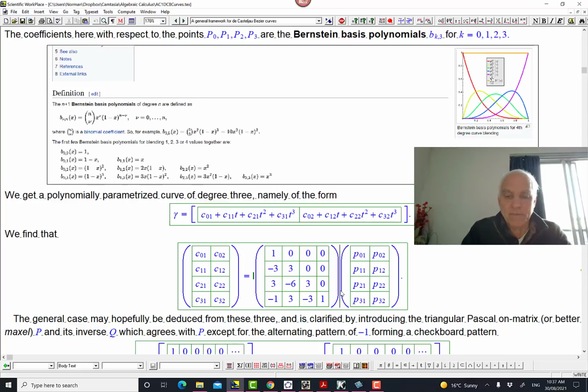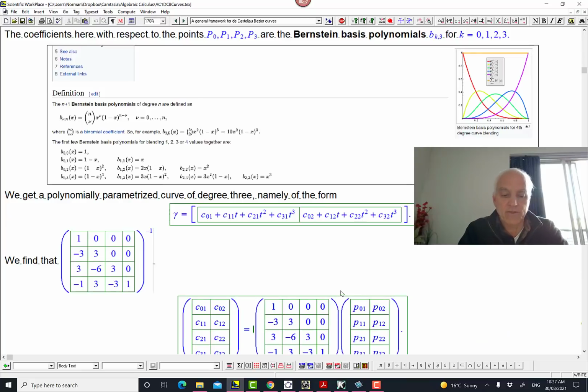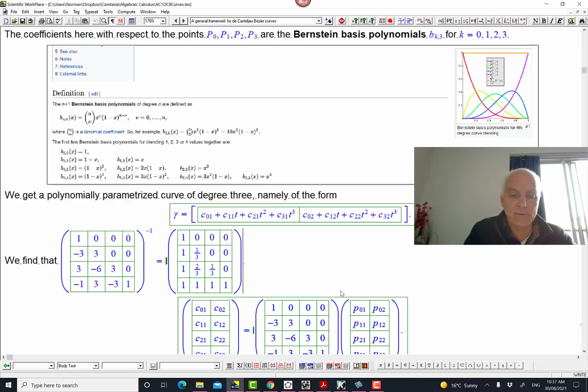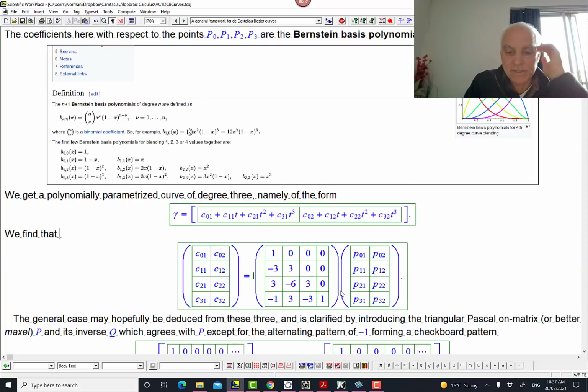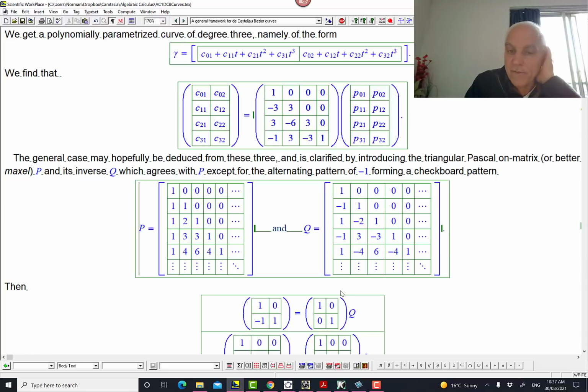And again, a natural question would be, what would happen if we tried to invert that? Does that thing invert? Happily, it does. So there's some interesting linear algebra appearing here. And if you think about this for a little while, here's the critical thing, and I talk more at length about this in the algebraic calculus course. There's really a single big matrix, actually better a Maxwell if you know what those are. But anyway, let's think of a matrix that's kind of going on. It's really a Pascal type of matrix.